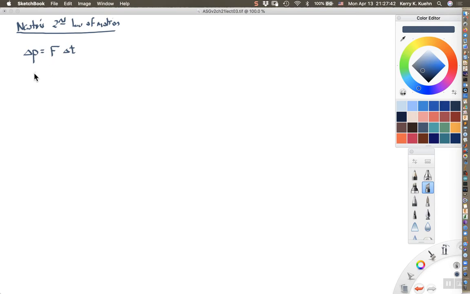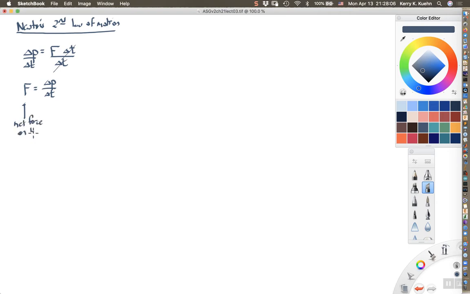We can rearrange this, so what I'm going to do is divide both sides by delta t. If we divide both sides by delta t, you see they cross out over here, and then I'm going to just swap sides. So write this as force equals delta p over delta t. You can think of this as the net force